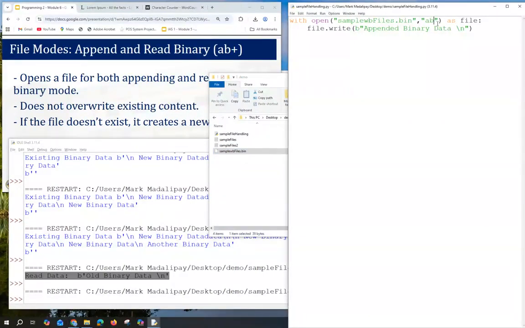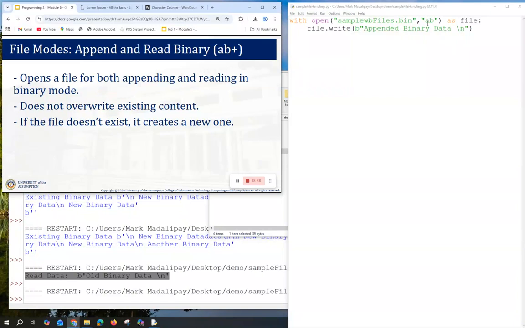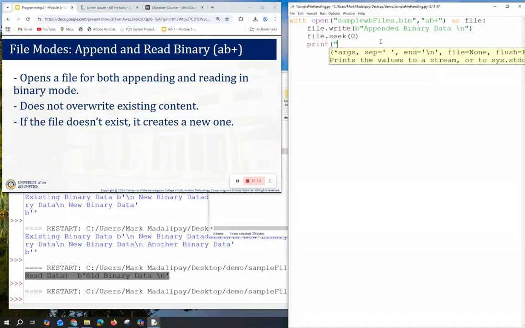So we also have your AB plus, which is now to append and read. So we have file.write. Again, we'll make use of file.seek(0), which will move our cursor to the beginning, and our read data, file.read.